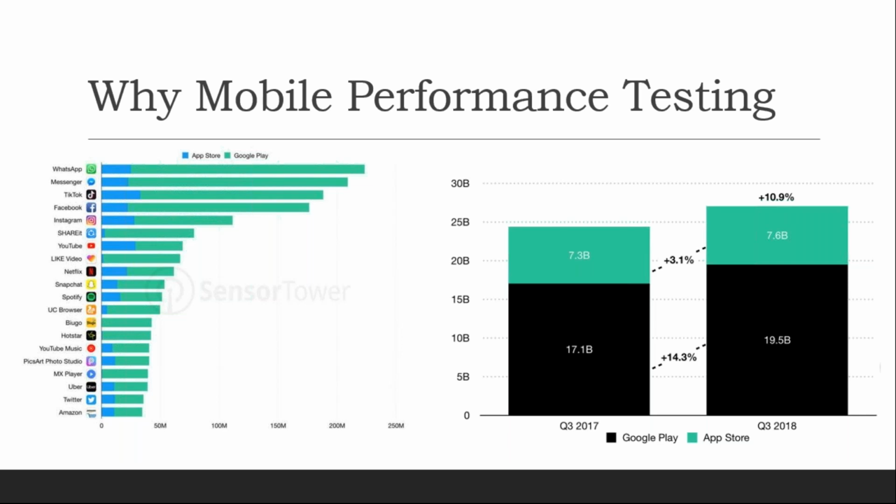That is the reason why, if you are not compatible or not good in performance, people will move from one application to another. If you go to the Play Store and type any word, say MP3 converter or any software, you will get 10 to 15 apps. Which means if you are not getting proper reviews or a proper star rating, then your application will not be utilized by the people.